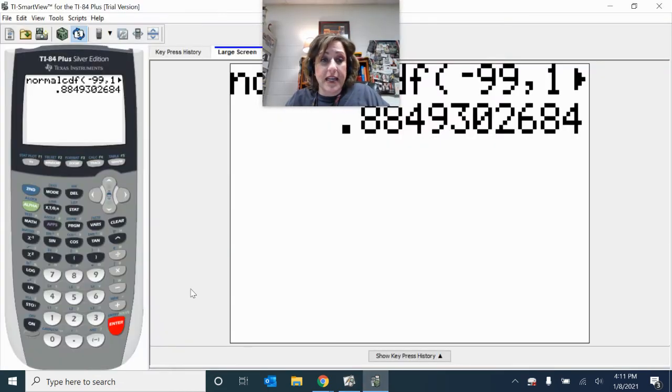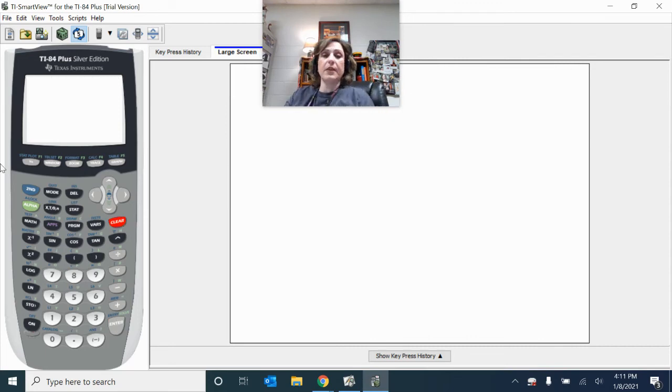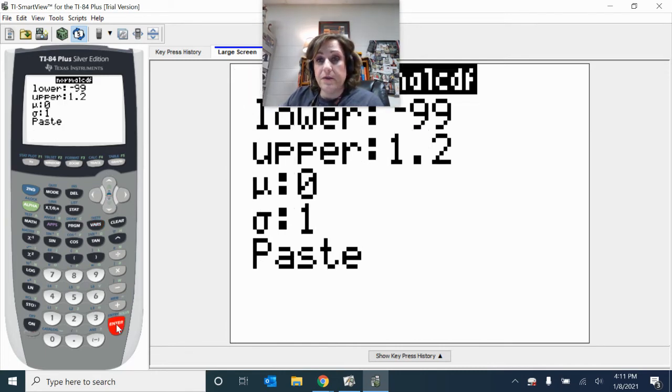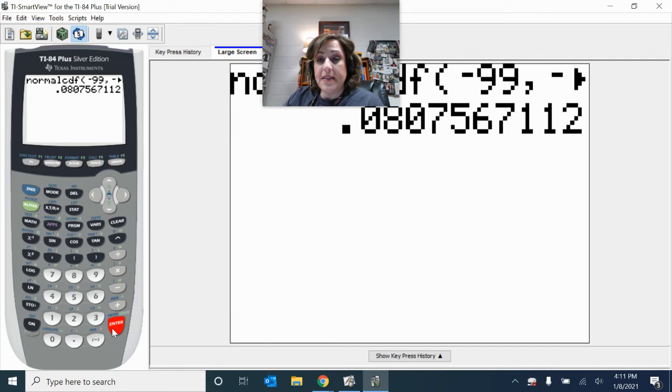So let's go calculate that. Second, vars, normal CDF, from negative 99 up to negative 1.4. Leave that 0 and 1, paste, and there we go,